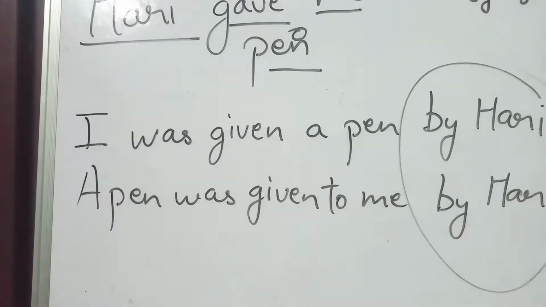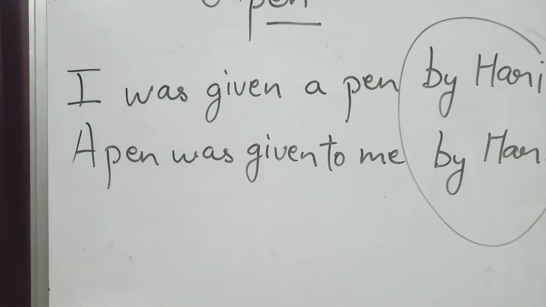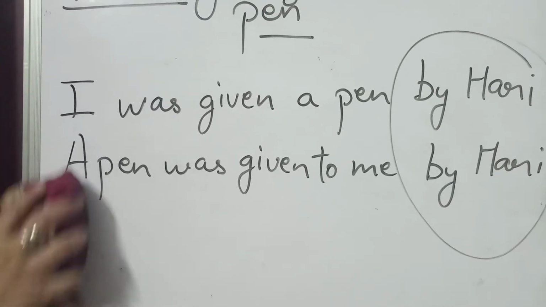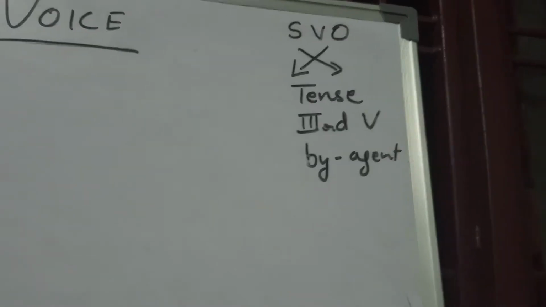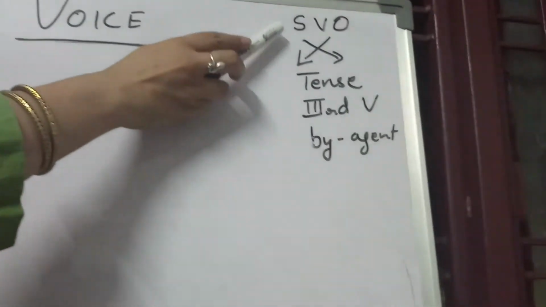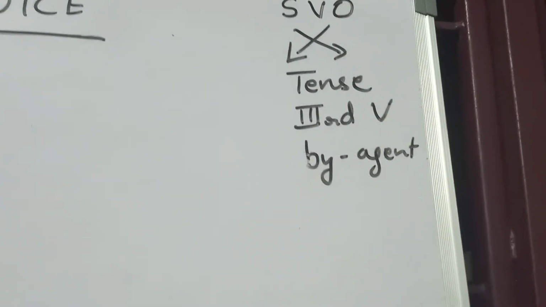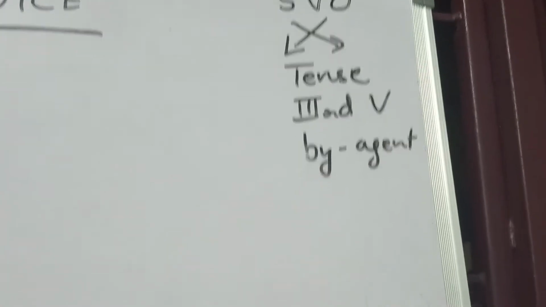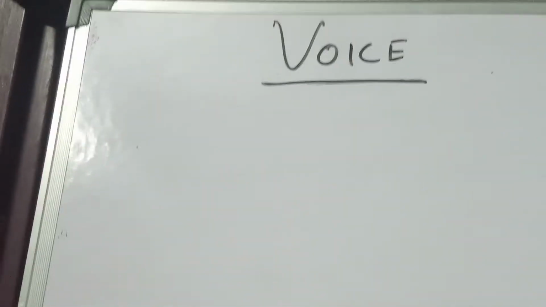Now the first tense that we will be taking is the simple present or the present indefinite. And don't forget the tense rules or the active passive rules; if we revise, go through the tense rules, it will be more helpful. And I'll just give you a revision of that. The rules which I have told you: subject, verb, object, then a crisscross, then tense we have to recognize, only the third form of verb that is written, and we use agent by. Now simple present tense.